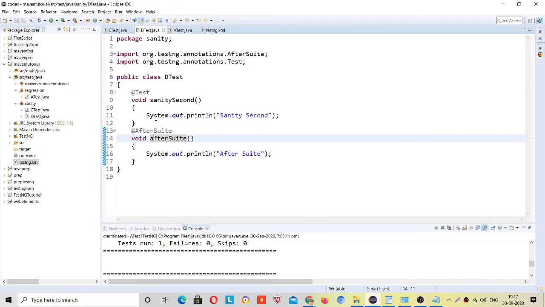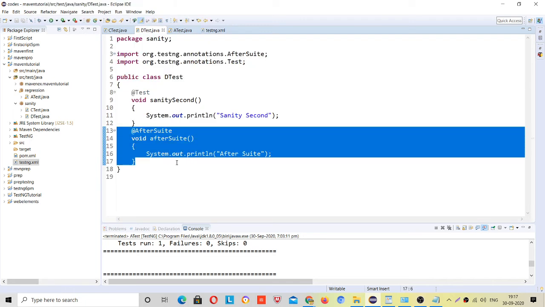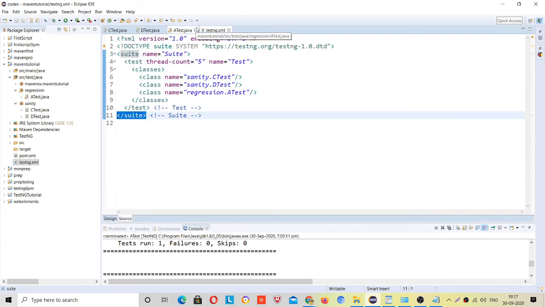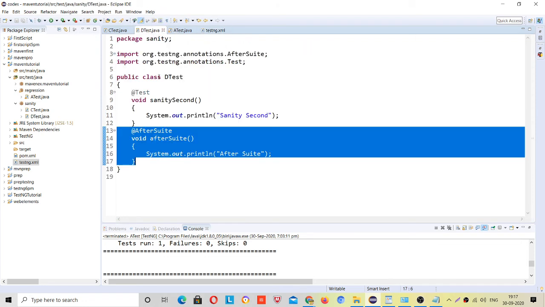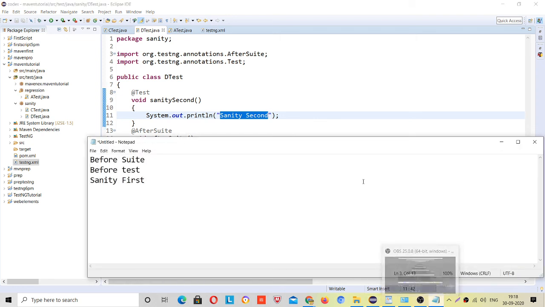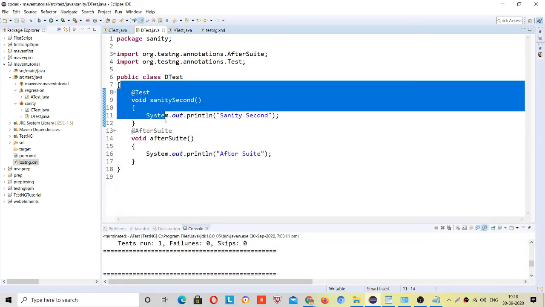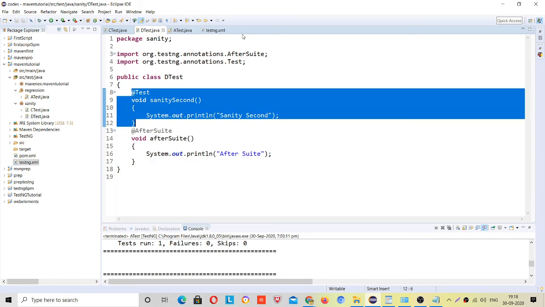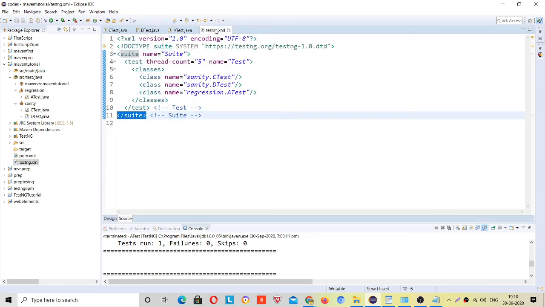See, there is after suite that is not in the picture as of now, it will come into the picture here, right? It will first run this @Test sanity second, right? So then this will be your output after this, right? Only one method is present here with the @Test. If there was another, that would also have come into the picture.